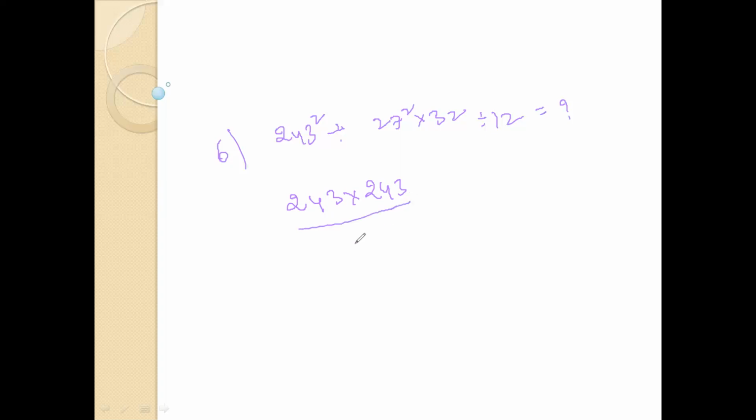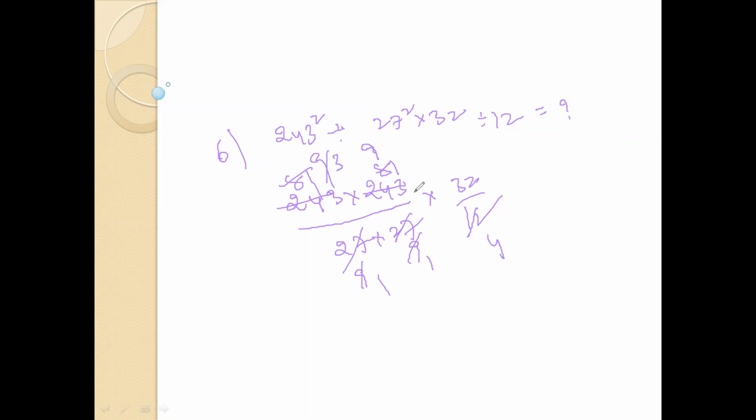243 squared over 27 squared means 243 into 243 over 27 into 27, into 32 by 12. 3 9 times 27, 3 8 times 24, 3 1 time 3, 3 9 times, 3 8 times, 3 1 time, 9 1 time, 9 9 times, 3 4 times, 3 3 times. 4 1 time, 4 8 times 32, 3 9 times 27, 27 into 8, 8 7 times 56. 8 to the 16 plus 5, 21. 216 is the right answer. 5, 7, 9 and 12, 35 gave correct answers. Very good.